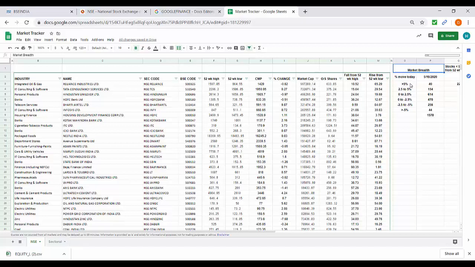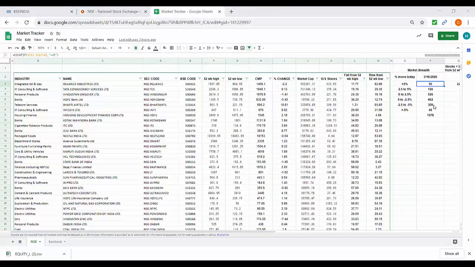So here it says that today there are 41 stocks which have moved more than 5% and there are 43 stocks which have moved below minus 5%, and so on. This data keeps changing on a real-time basis. As the price changes, the percentage moves also change and this data also changes.